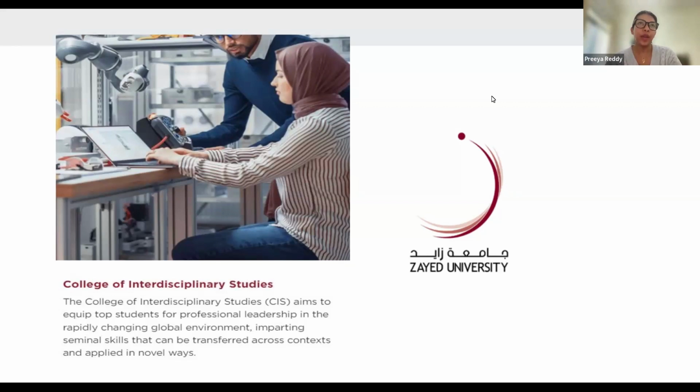So our programs are unique in the sense that it's interdisciplinary. It's a transformational approach, thinking about developing effective cognitive skills, writing, reading, speaking, and thinking skills, and really fostering a higher curiosity for learning.